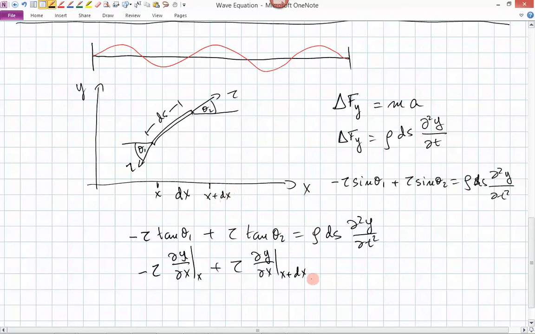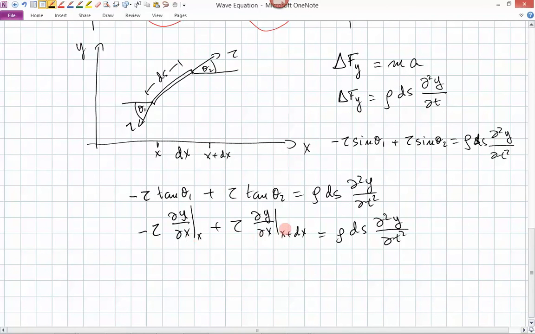And then this is equal to rho ds times the second partial of y with respect to t squared. And now the left side is just the second derivative of y with respect to x squared. So this is just tau times the second derivative of y with respect to x squared, which is equal to rho ds